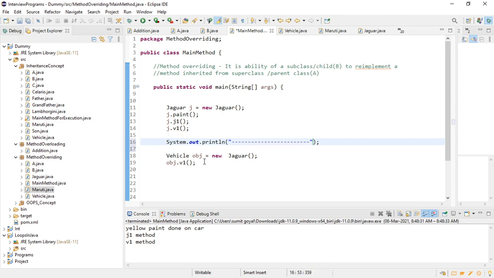And if I try to say obj.j1, it will not be accessible because this object is converted to a parent object, right? So this part is clear to everyone, why we are only getting one method here. Yeah, so let me write it.